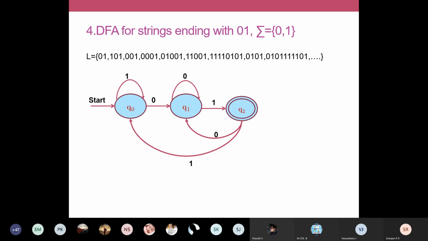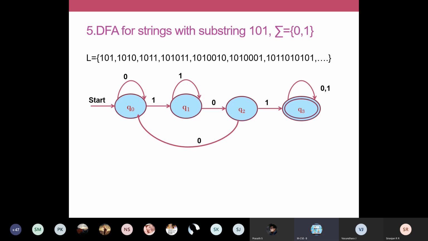Okay. And we also saw strings containing a substring. So substring is a combination of your beginning with and ending with. Okay, it will use the hints I gave you for beginning with and ending with. So we'll also have a trap state like thing, and also we'll have loop back.